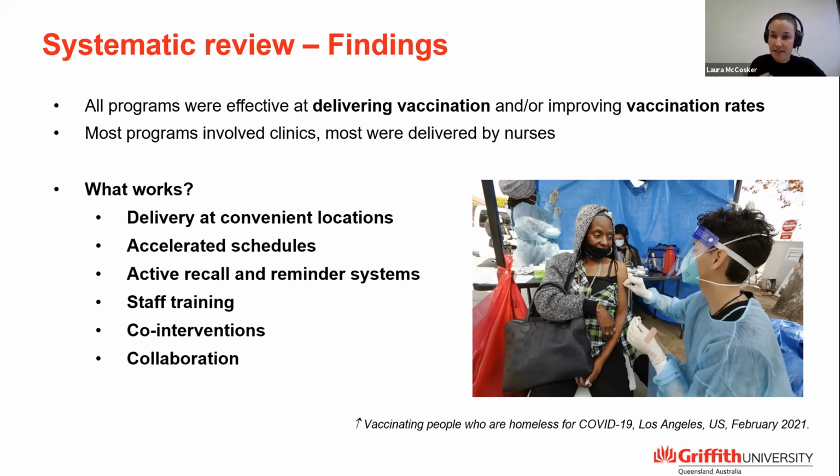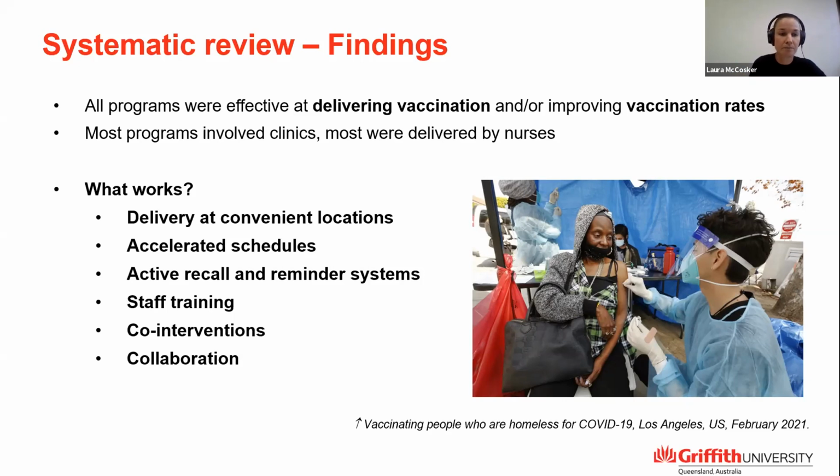A number of the studies used accelerated vaccination schedules where these are available. Most of the studies used some type of active recall or reminder system to encourage people to either present for their first vaccination or return for their second vaccination. So for example, this often involved a combination of reminder cards and reaching out to people either by telephone or even face-to-face. Some of the studies also offered incentives for vaccination, so things like clothing and food vouchers and even small payments,